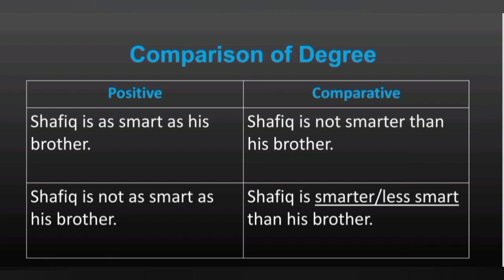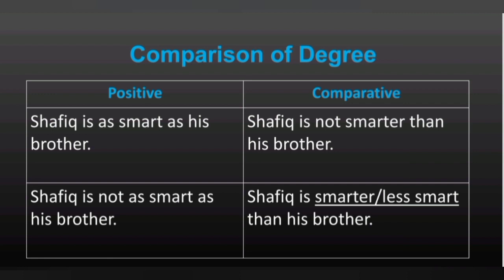Here we have one example. Shofiq is as smart as his brother. In this sentence, Shofiq is compared with his brother. Shofiq is being compared in the field of smartness with his brother, and it is said that he is equal to his brother. So how can we change it into comparative degree but without changing the meaning? Shofiq is not smarter than his brother. Shofiq is not more smart than his brother. That means they are equally smart. So here we could at least preserve half of the meaning, and this is the only possible way that we